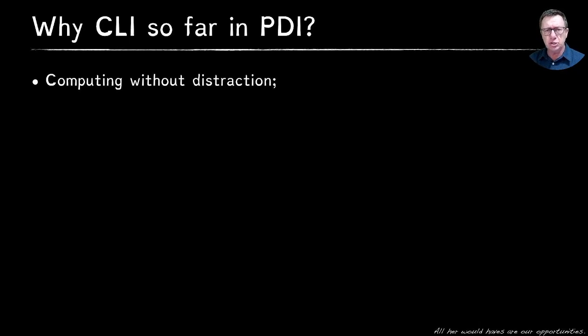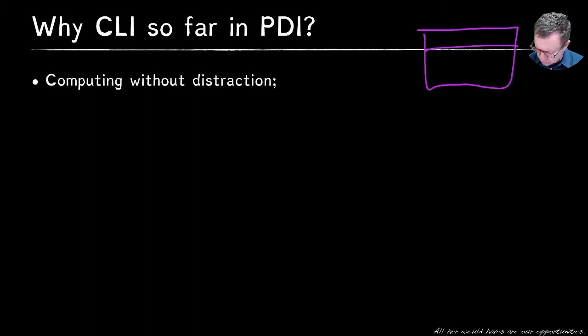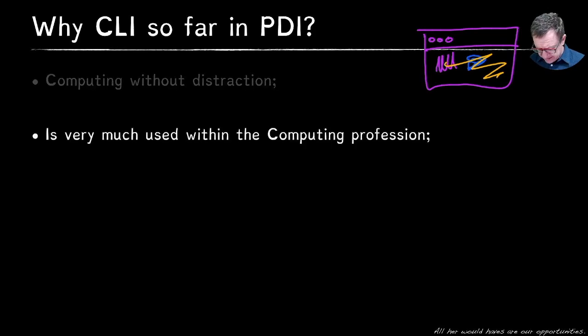Well, it allows us to do programming and coding really without distraction, because the moment we start pulling GUIs up on the screen, then we start to get, oh, do we want the text this way? Or do we want it that color? Or should it go like that? We can get distracted. And this unit is about fundamentally understanding how to go about coding. So this is why we tend to keep in the CLI area.